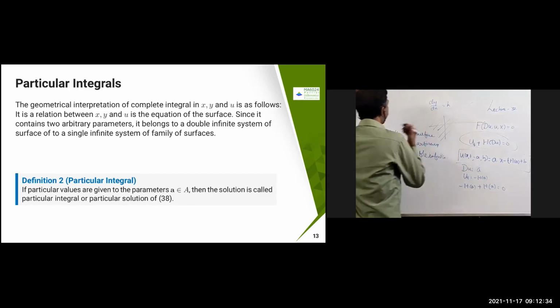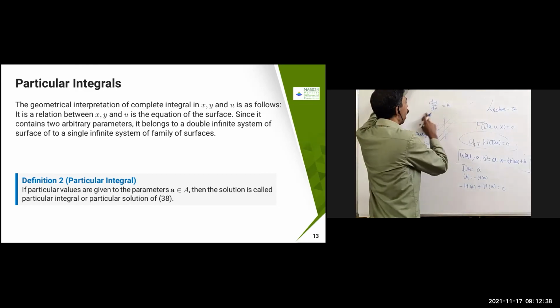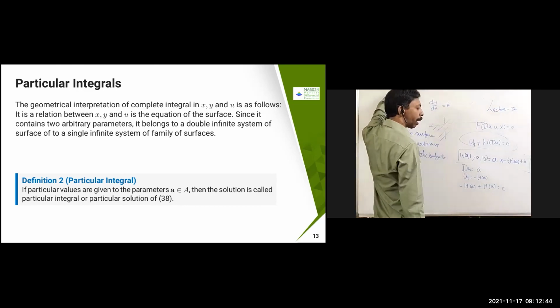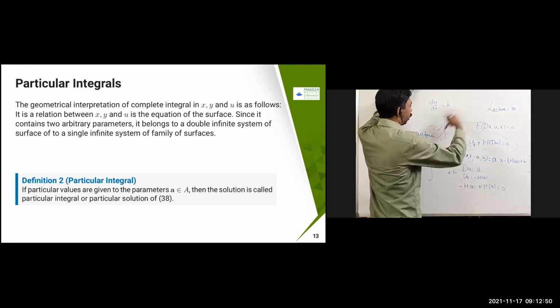Same thing, if I take any ODE problem, you are going to get a family of curves, because I did not give any boundary conditions here. The boundary conditions or initial condition, nothing is given. Therefore, you are going to get an infinite number of curves. Because once we are doing the integration, a constant is going to be involved. That is the reason you are going to get that.